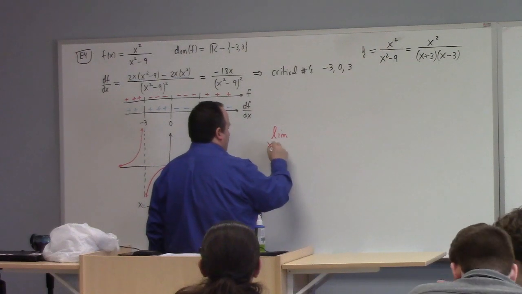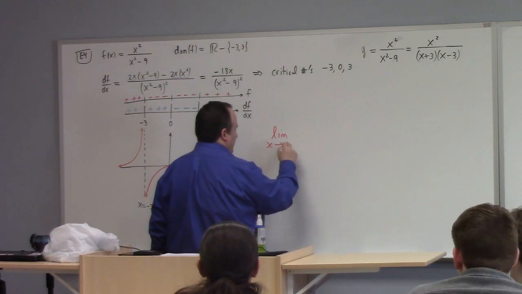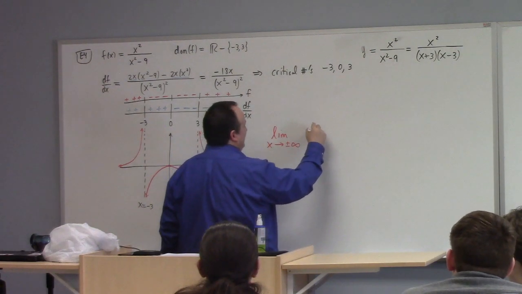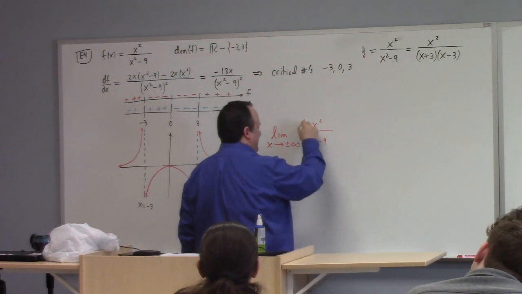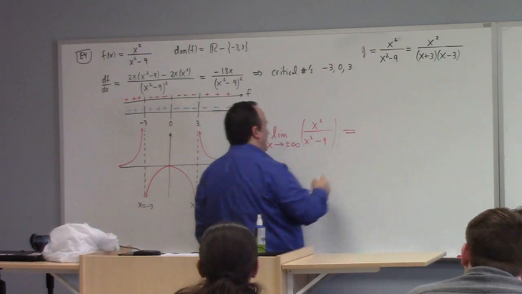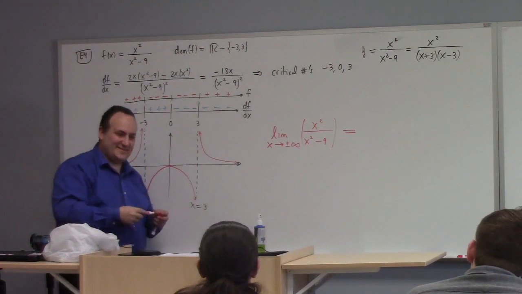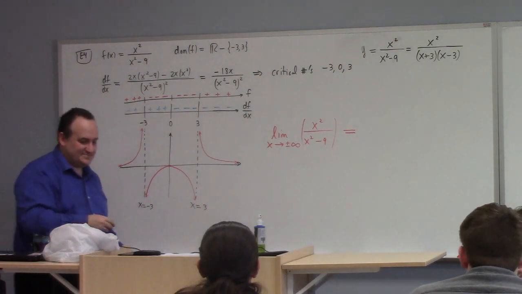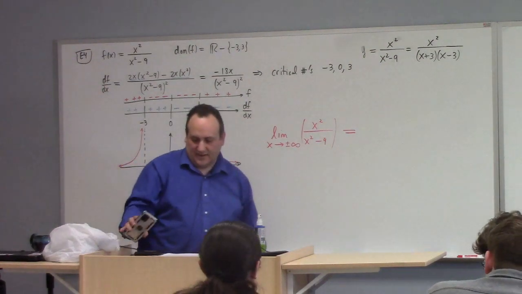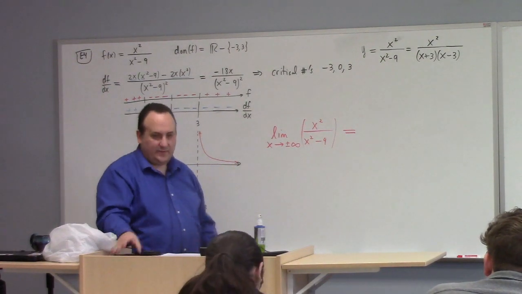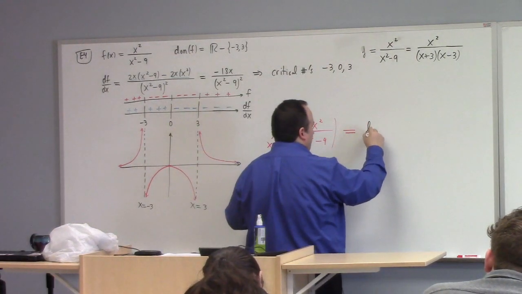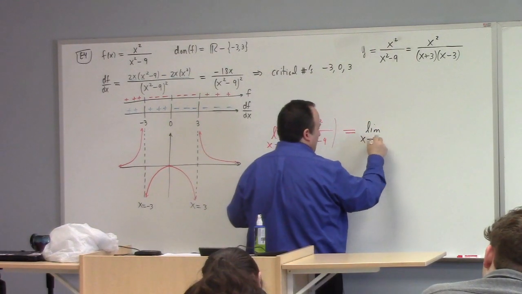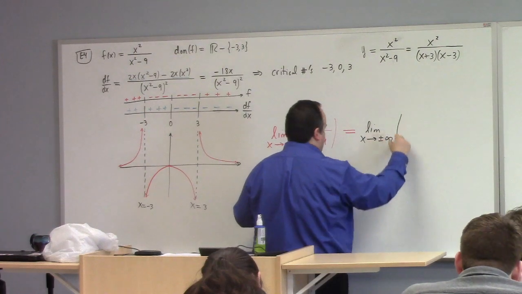We talked about this a little bit, I think. What happens if the limit is plus or minus infinity of x squared over x squared minus 9? Don't let me do that. Let me do that to you guys. How would we calculate that limit? There are various ways. One way I like is to divide the top and the bottom by x squared. And I'm just doing both limits at once because we can.